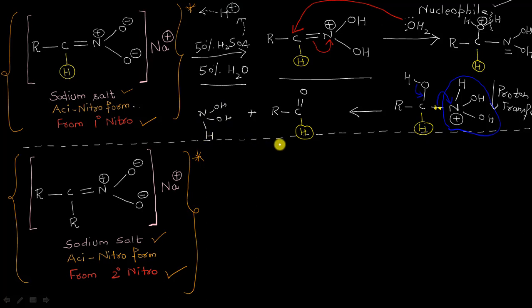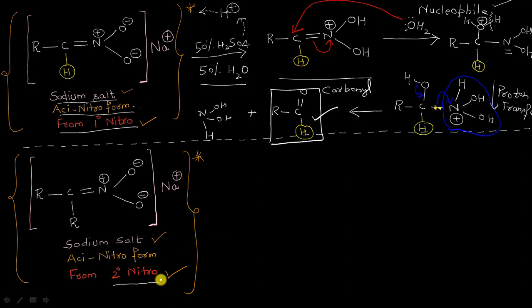So in this way, starting from the sodium salt of the acyl nitro form, which is obviously from the primary nitro compound, what we will get is an aldehyde molecule. And do remember, aldehyde is also a type of a carbonyl compound. So this means from a primary nitro compound we can get a carbonyl compound, but specifically talking, it will be this aldehyde. Now in the same way, if we look here on the acyl nitro form, for the secondary type of nitro compound, let us see what type of carbonyl compound we will get here.